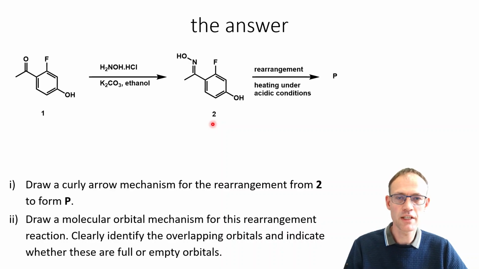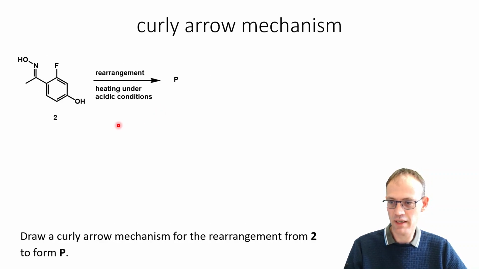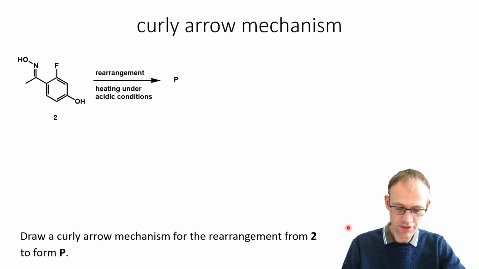The reason why in this particular exam question I did give the first step for the reaction is that I basically told students, if you see some of these reactants, then you might be looking at a particular type of reaction. You might be looking at, in this case, the Beckmann rearrangement. So the first step was only provided in the hope that that might help more students recognize the correct answer to this question. But in practice, the only thing that we really want to do at this point is to draw a curly arrow mechanism for this particular step over here. So let's see how we are going to do that.